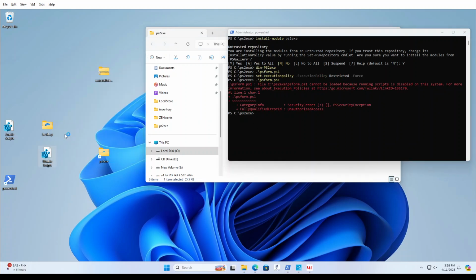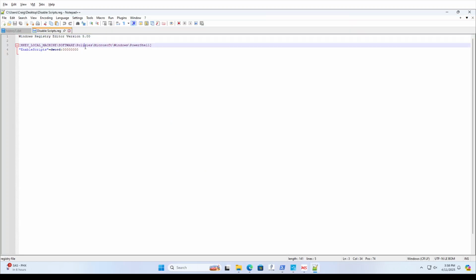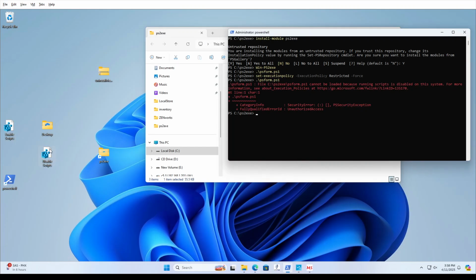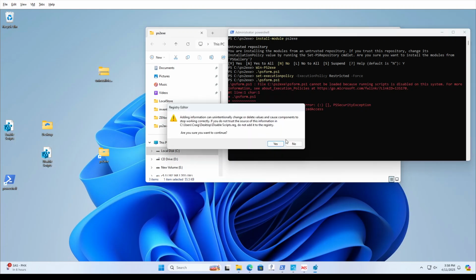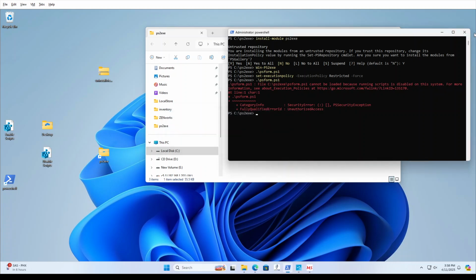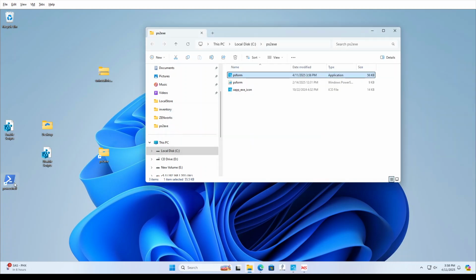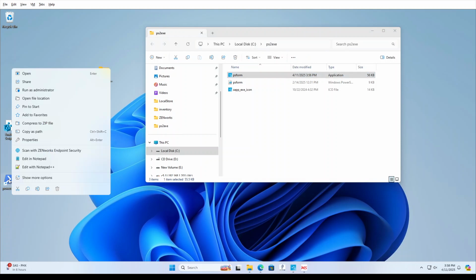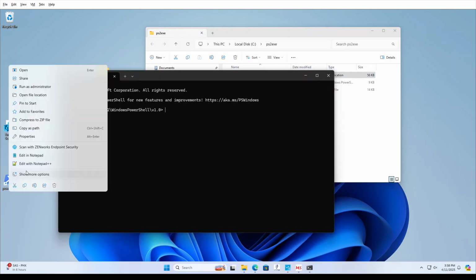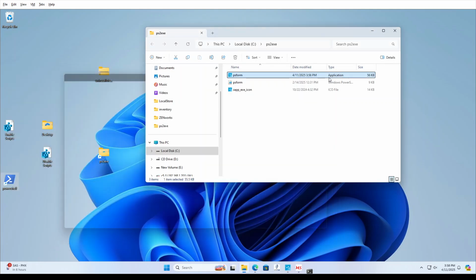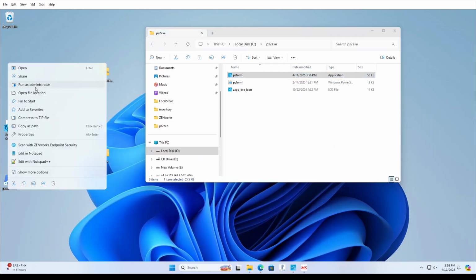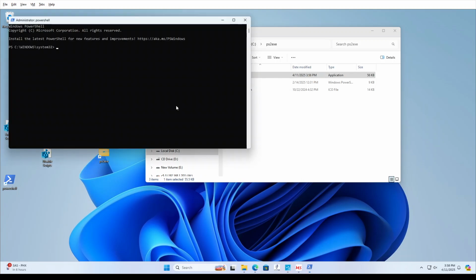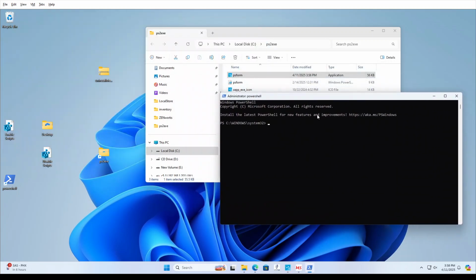But at this point, I'm going to get trickier. There is a policy setting for PowerShell that will block all scripts when enable scripts is set to 0. So I'm going to disable my scripts, say yes. Now I'll need to restart PowerShell before that takes effect. Actually, I'm going to do a run as administrator. Don't need to, but,